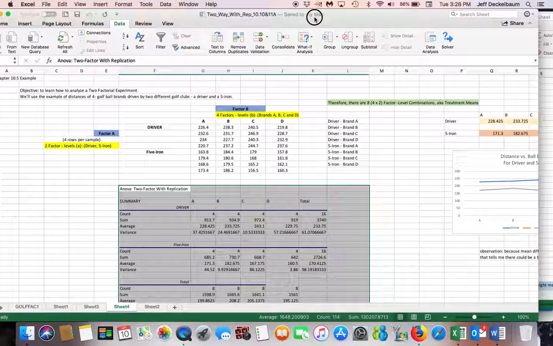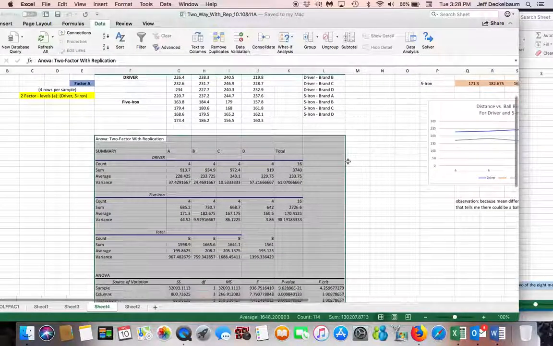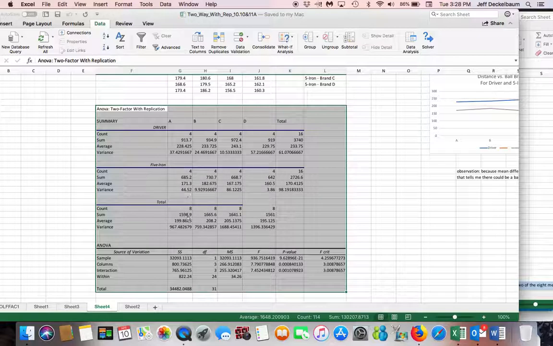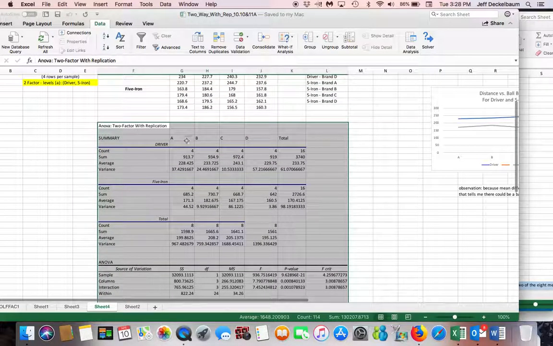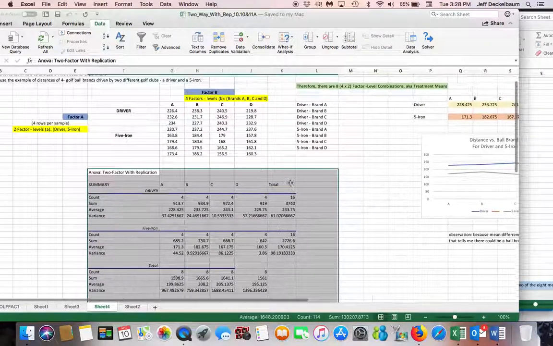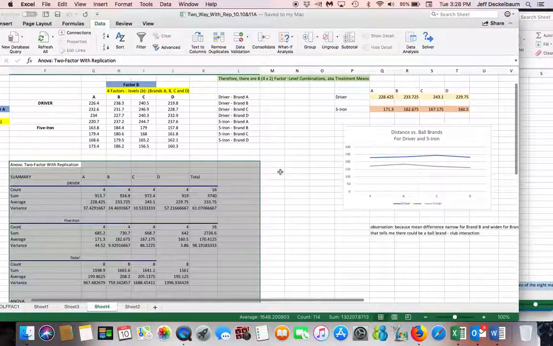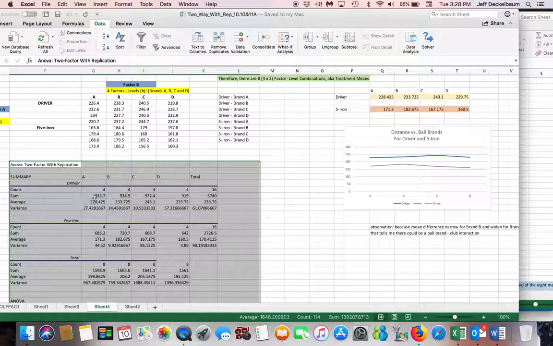Okay. So now we have a summary for the driver, the 5-iron, and total. We have count, sum, average, and variance for each factor on the club side, and then a total. And here you see it by brands A, B, C, and D. So I'm going to move over here, and the next thing I'm going to do is,